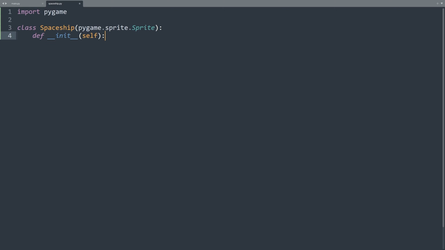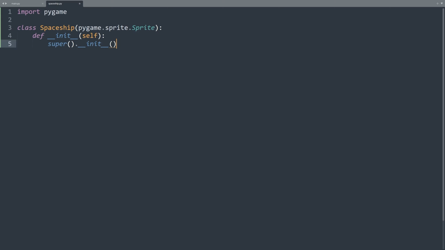Next we utilize this line of code to indicate that our spaceship class should inherit all the attributes and methods of the sprite class. super().__init__(). This statement initializes our spaceship object by calling the constructor of the parent class, the sprite. Now let's initialize two important attributes inherited from the sprite class: self.image and self.rect.